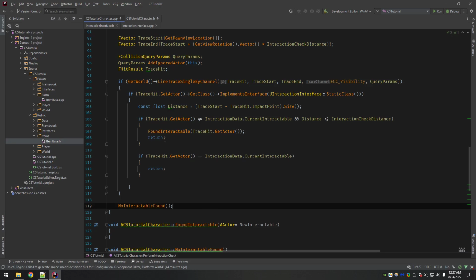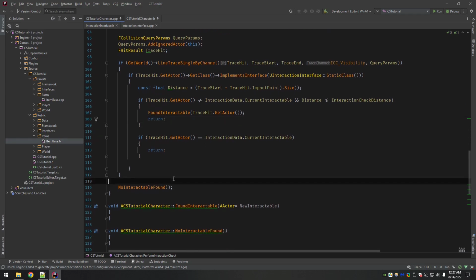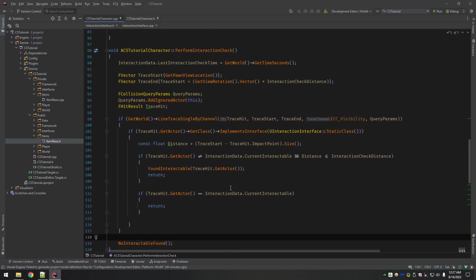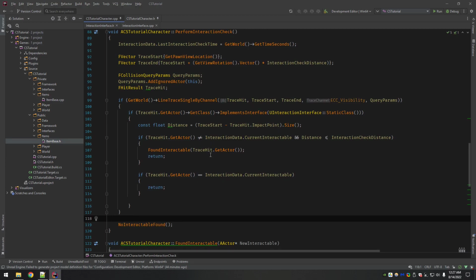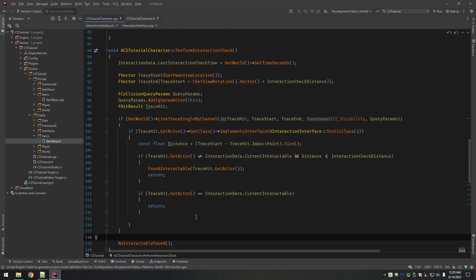You may have noticed that these return statements were grayed out because it's saying there's no point to this, since down here it just ends. Well, now there's a function down here, so execution could stop here, or here, or it could go all the way down here. I don't know if Visual Studio is smart enough to do that for you or not. Anyway, this is the core of it: our perform interaction check function.